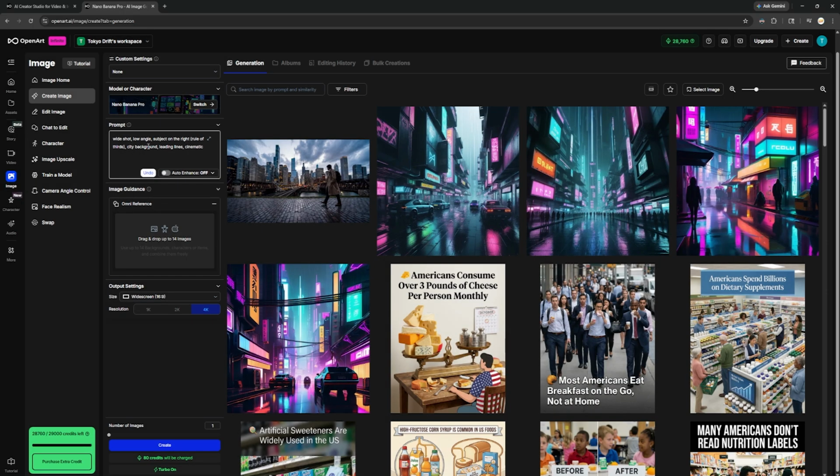Yeah, so this is how you control composition in AI. So it's basically about telling the model where things go, how they are framed, and how the viewer's eye should move. So yeah, it's all about the prompt. Give it more specific detail about where you want the things to be. Okay, so that's it. This is how you can control image